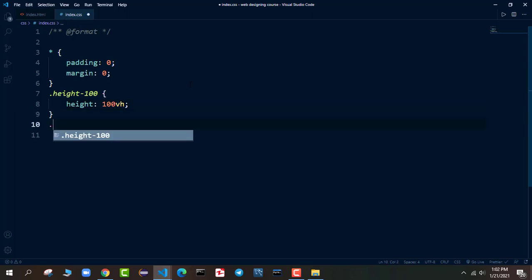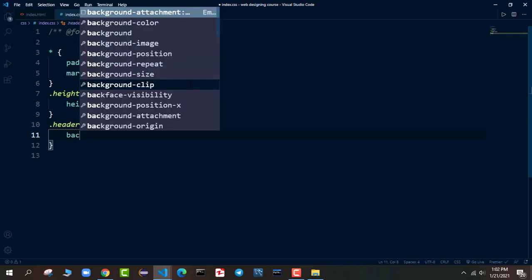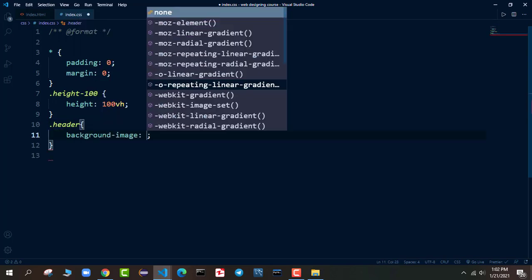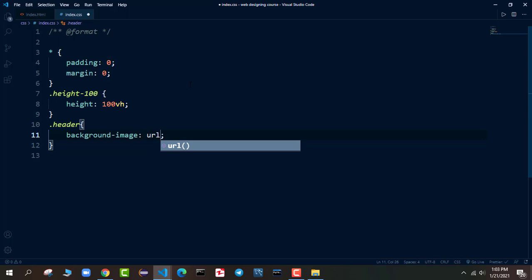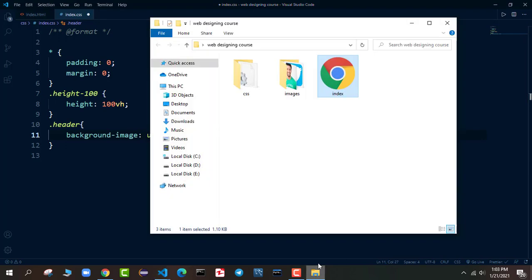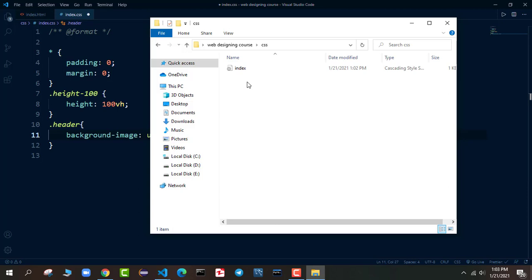After that I will come down. I will style our header class first. Let me add a background image there. For the background image, I will say background image, and then I will say URL, and I need to say double dot and then / because I am inside the CSS folder. If I open up this folder here, you can see this index.css file is inside the CSS folder.